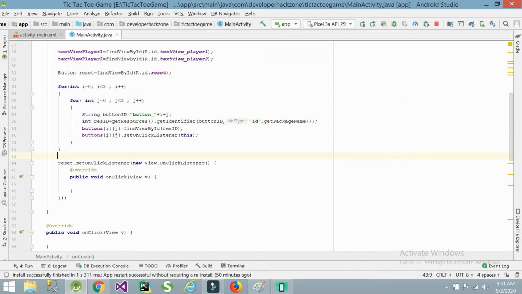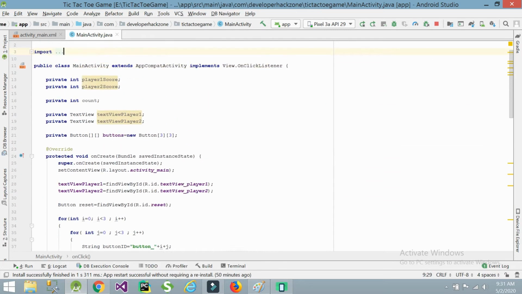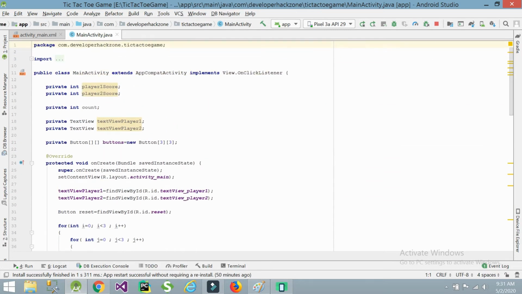Now, if the user clicks on a button, first we need to know which user. There are two players playing, so which player is playing now? We are starting the game with player 1, assuming.